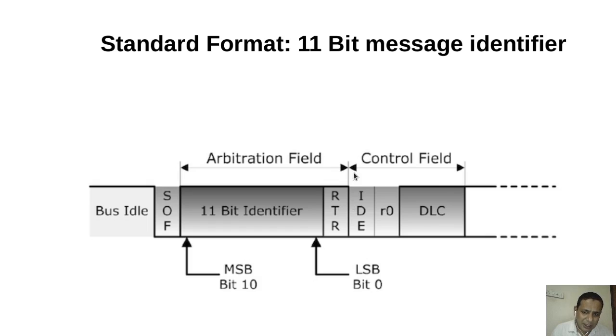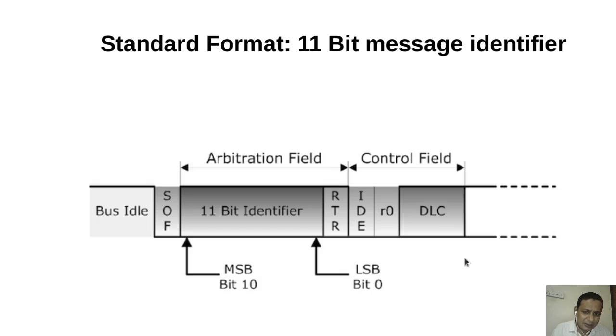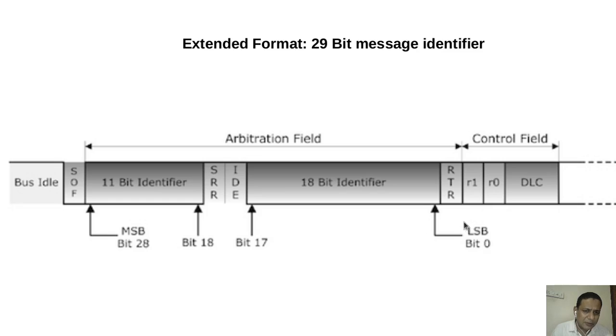But here, as it is a standard frame format, the IDE will come in the control field, that you can see here. So the difference between the control field in the standard frame format and the extended frame format is: in the standard frame format, IDE will come in the control field, but in the case of extended format, R1 and R0 will come in the control field, and R1 and R0 are used for future use, but IDE will come in the arbitration field in the case of